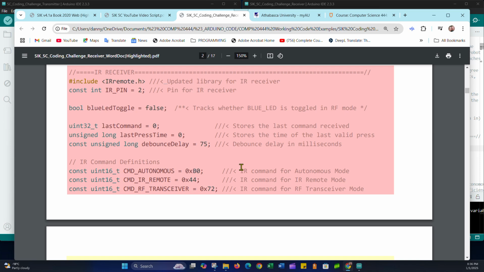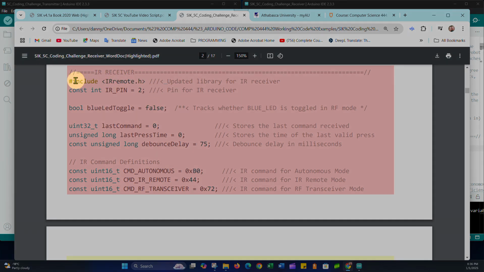We have our IR receiver code, which we again include the libraries for ease of use. We have a constant for the IR pin, so it's set on pin 2. That's the only one you have to specify. We've got a blue LED toggle Boolean flag, just like we had a red LED toggle with the other code. And all this code here is for